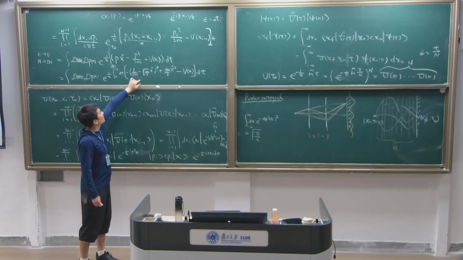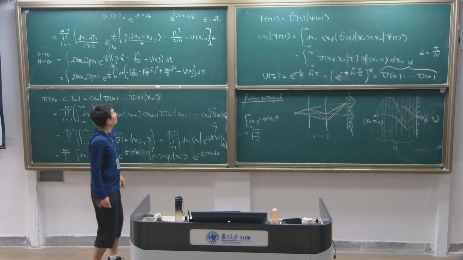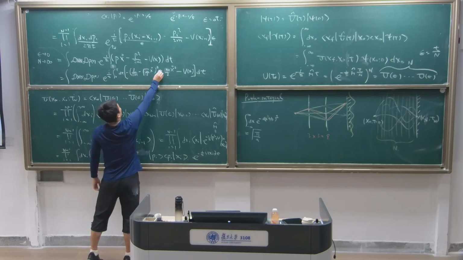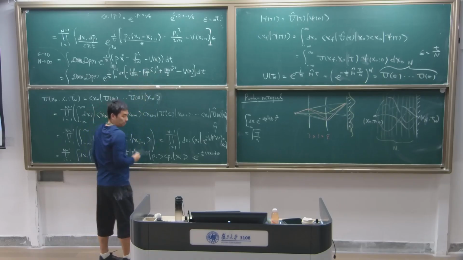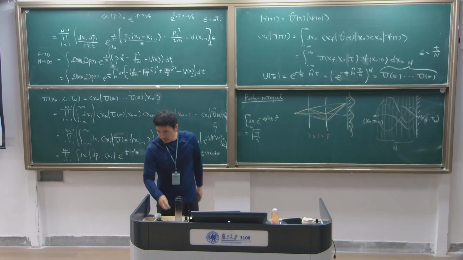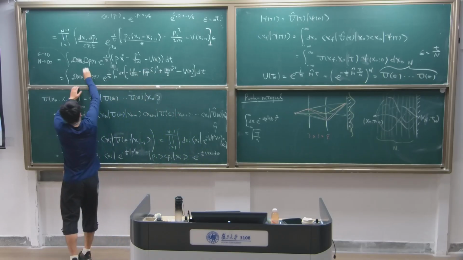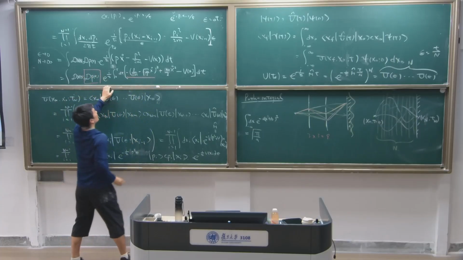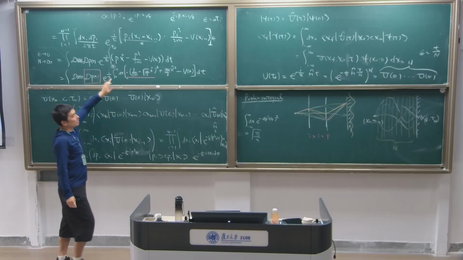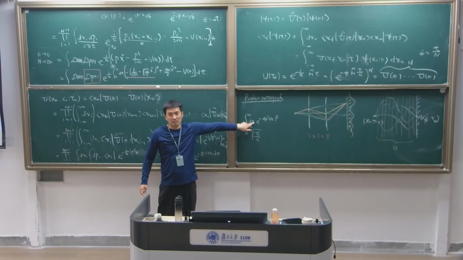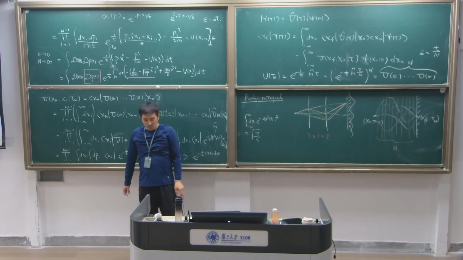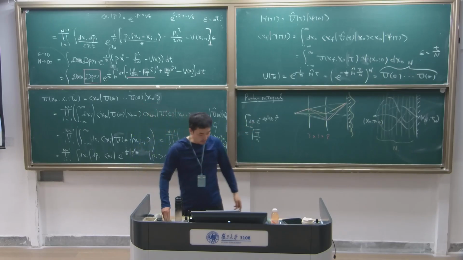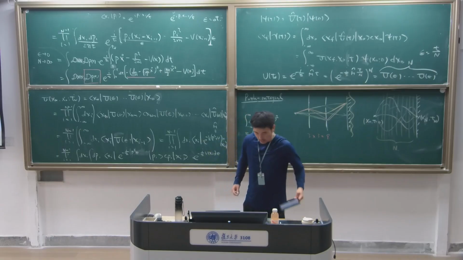So now this part looks exactly like this, a Gaussian integral. Okay. Therefore, if you do that Gaussian integral for dp,